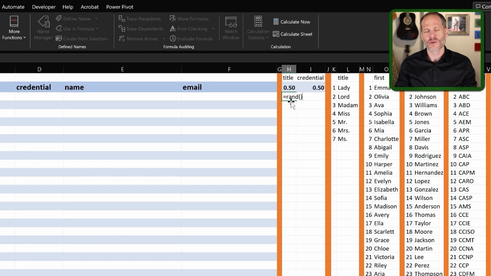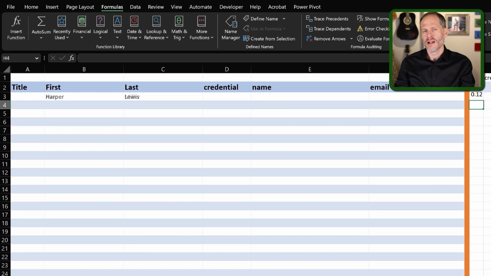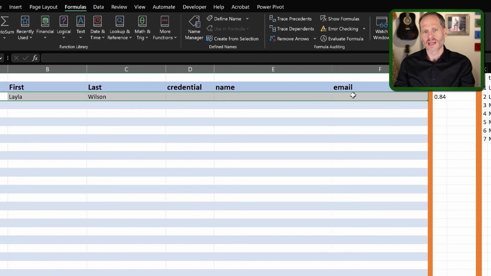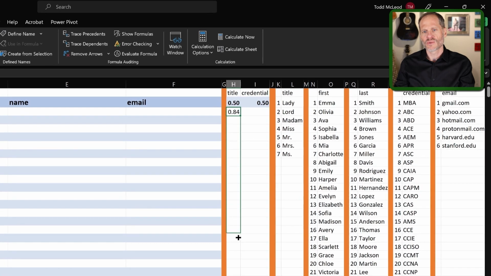What RAND does is it will return a value between 0 and 1. And you can see this happen right here. As I press F9 on my keyboard to automatically recalculate all of the formulas and functions on this worksheet, as I press F9, you could see random values being generated. So for each person, as we create this formula for this record right here and then copy it down all of these rows,